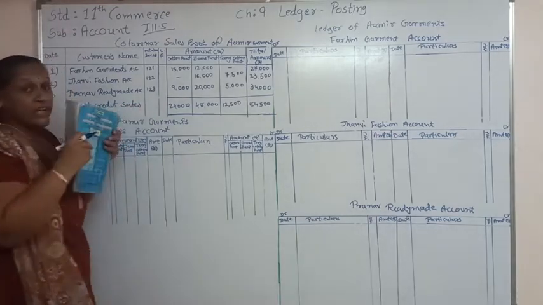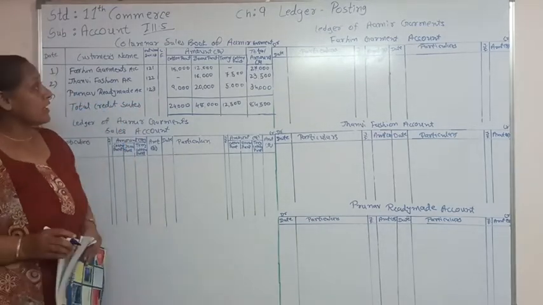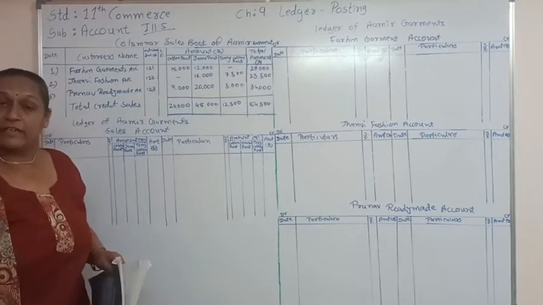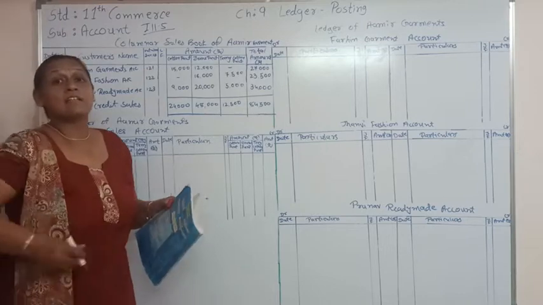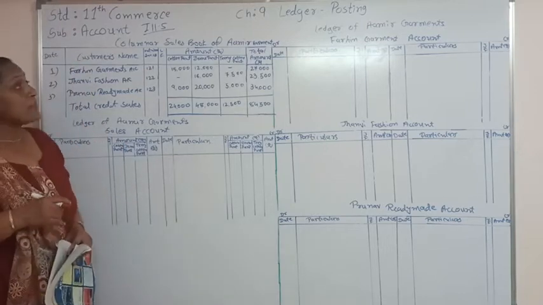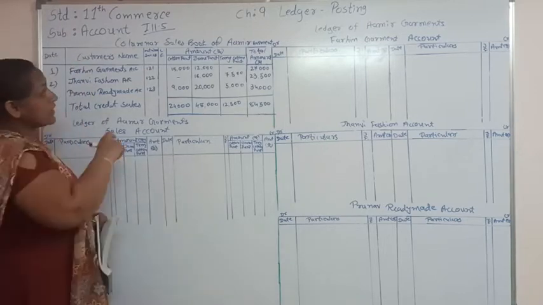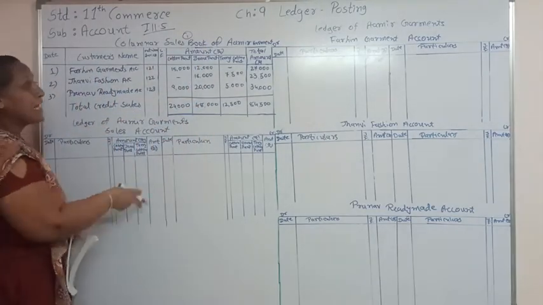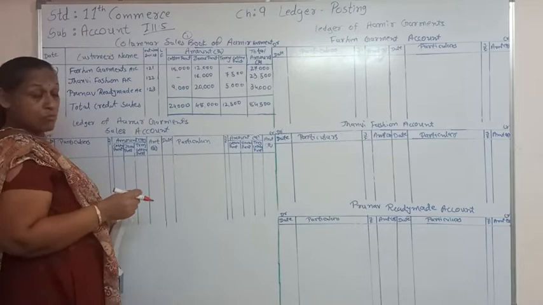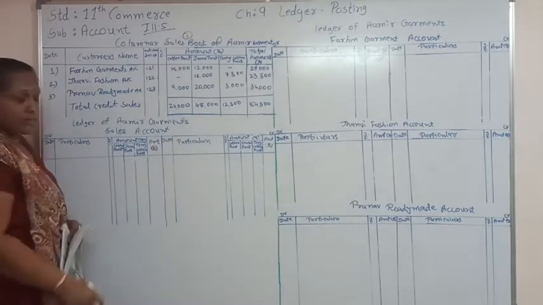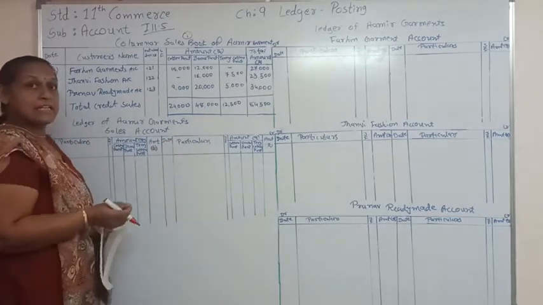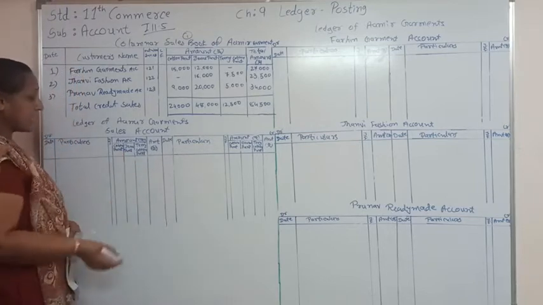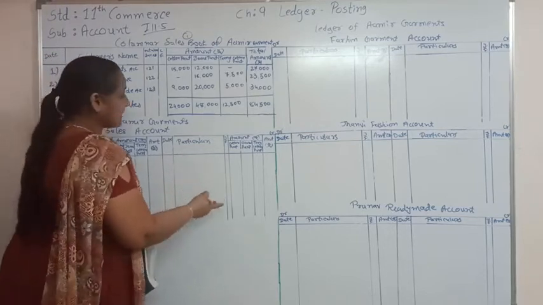So here we have prepared the subsidiary book. Now from the subsidiary book we are going to make the posting in a ledger. So before that let us try to see how many accounts are supposed to be needed. The very first account we need is a sales account, that we already prepared, and here there is a column of subsidiary book. So the sales account must also be the column that we already saw in the chapter on subsidiary book. So here there is a column of sales account.